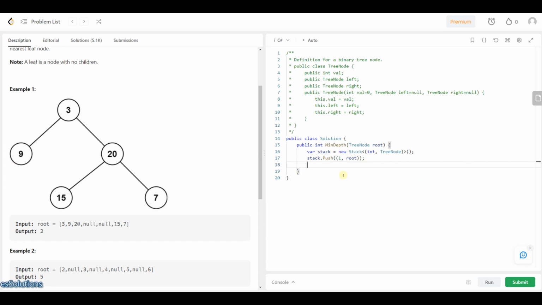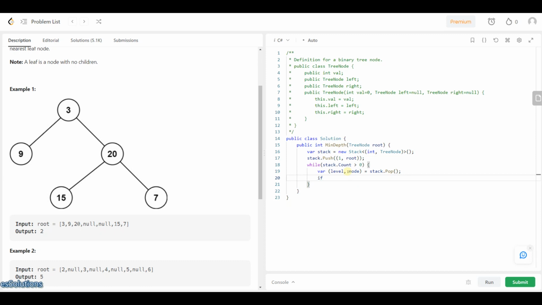Okay. So our stack push, and then what we want to do is go through the stack. While the stack count is greater than 0, we want to keep iterating. I think that is the idea we have here. So as we're iterating, what do we want to do? We want to be checking for the level of that particular node. Let me just have the level, and then I'll have the node. So basically we just want to pop what is there so that we have the level and the node, and then we know that